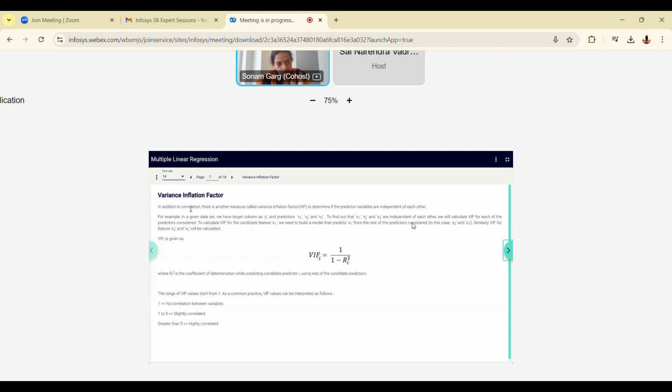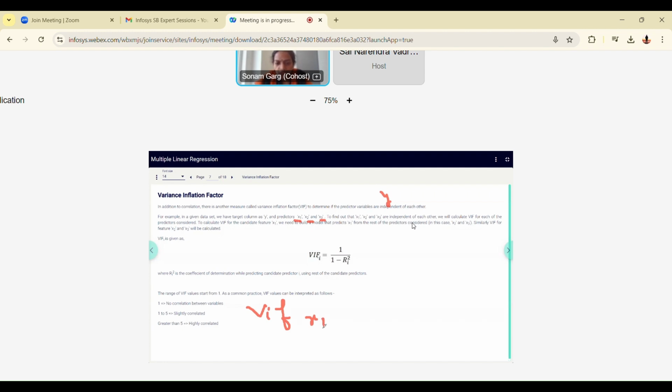So we can do this. What is this? Let's see. Assume you have 3 predictors now, x1, x2, and x3, and you have some target variable y. Now, we want to know is there any linear relationship between x1, x2, and x3? Is there any multi-collinearity between the predictor variables x1, x2, x3? So this variance inflation factor, what does it do? If I want to find VIF for x1, the VIF value for my first predictor x1.